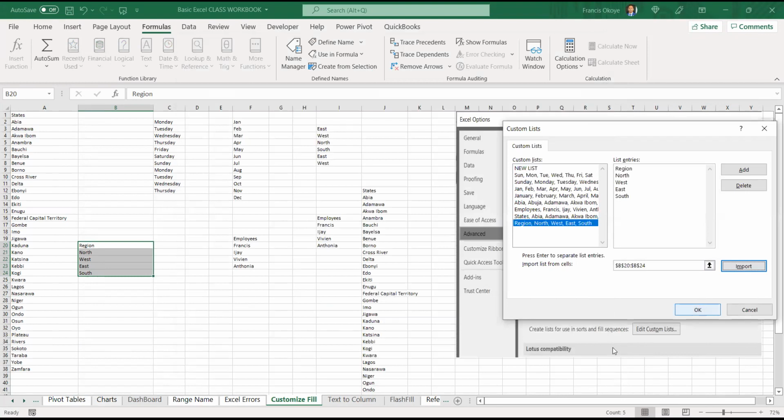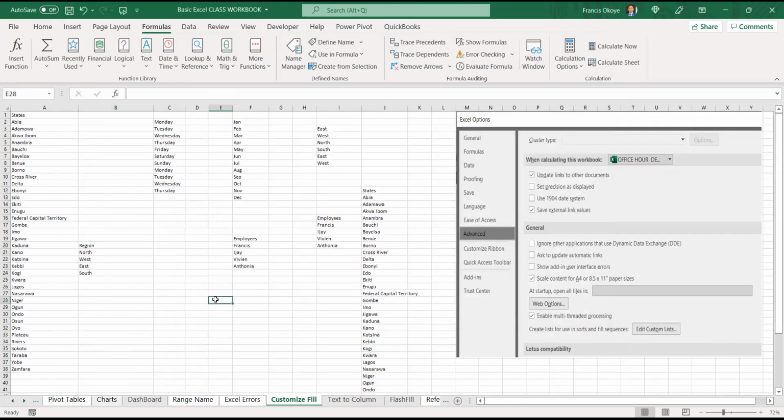I'm done. Once I type region and drag down, I have whatever I want there. Dr. Francis asks: is it case sensitive when you type the heading? It's not case sensitive. If I type region like this.